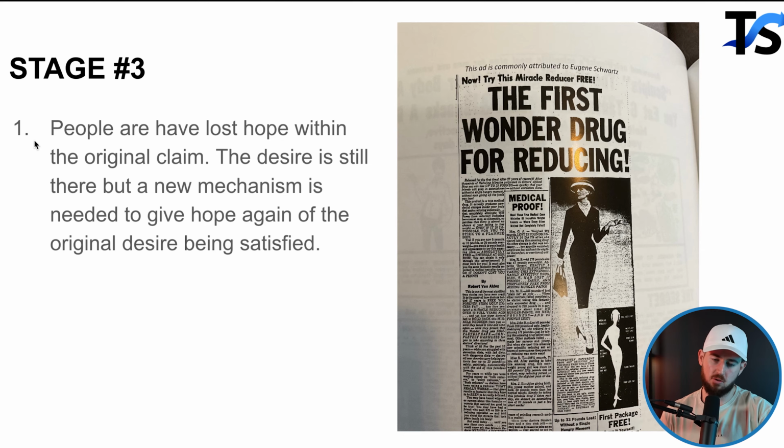Now, we'll go over a few examples in a second here, but I just really want you to take this in because this was a big game changer for me. You're focusing on all of the products or services that someone can access or has tried to solve a particular desire. So like, for example, make money.